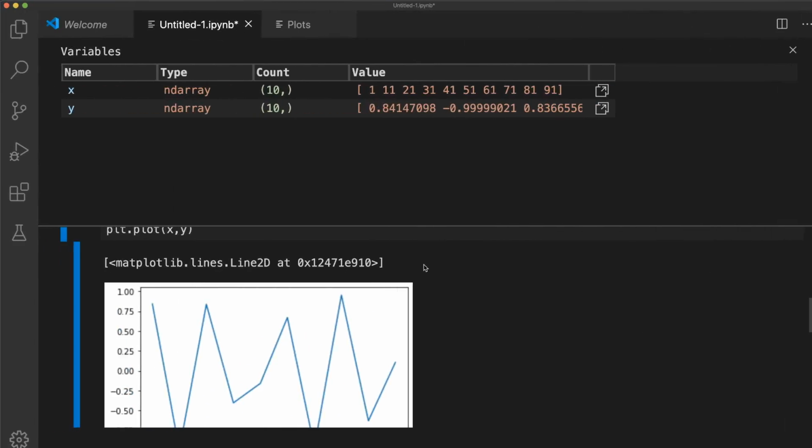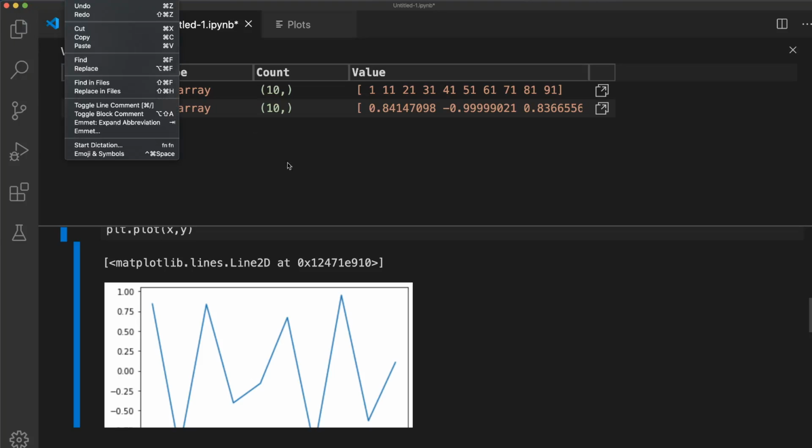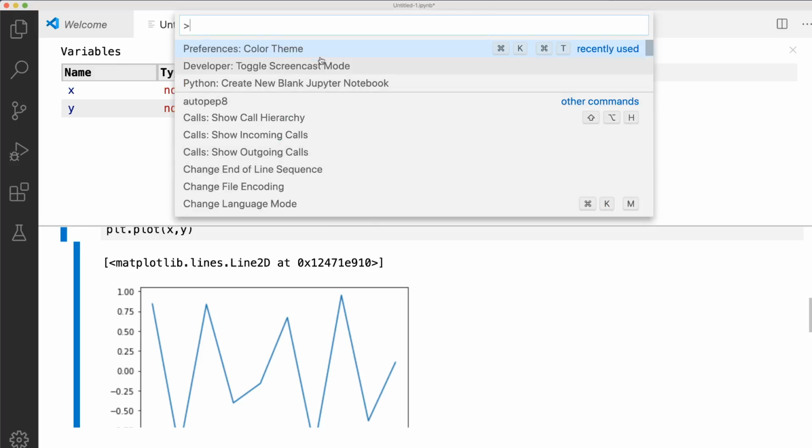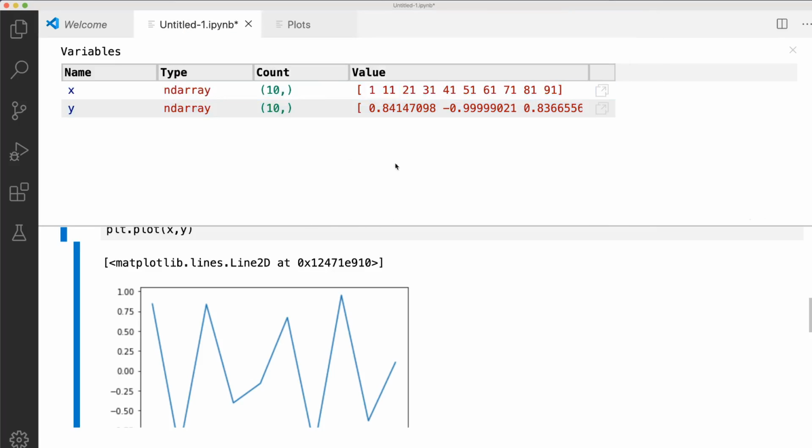I hope this video was helpful, and this is very useful if you are a heavy or a pro Jupyter notebook user, because you don't have to open your browser anymore. It's simply available in your favorite IDE, and oh yeah, I forgot to mention that you can also change the theme. The entire facility of your VS Code is applicable for this particular case, and you also get the beauty of Jupyter notebook to write beautiful Python code for your data science purposes.